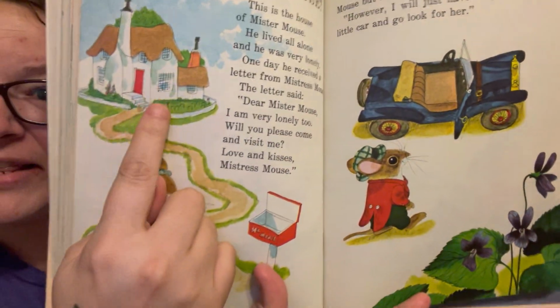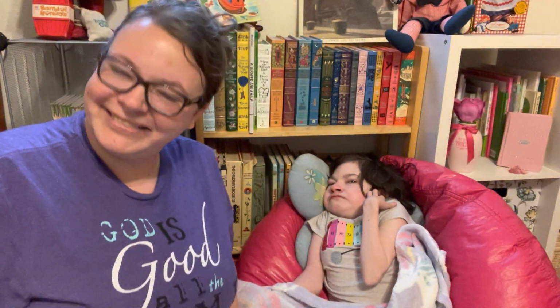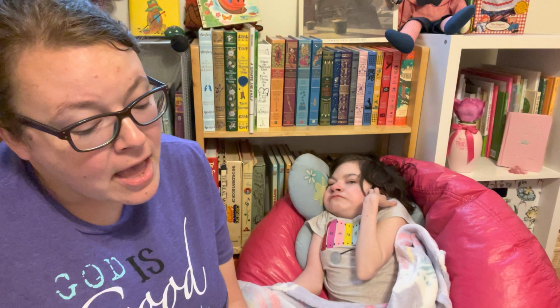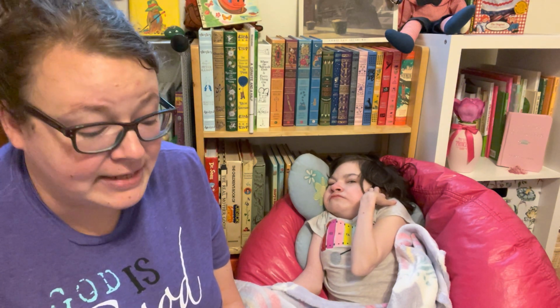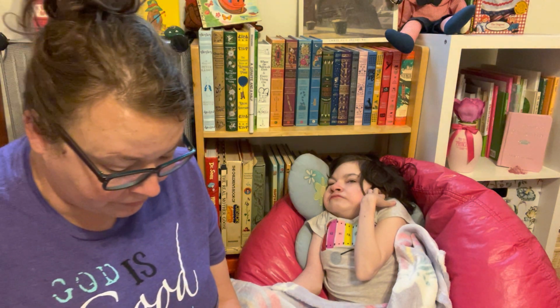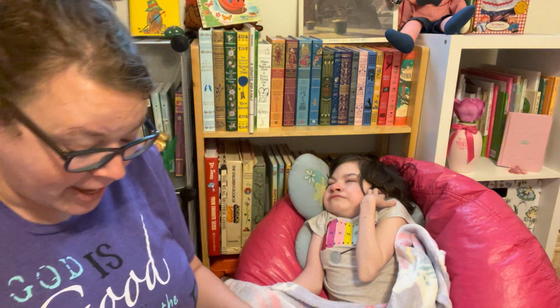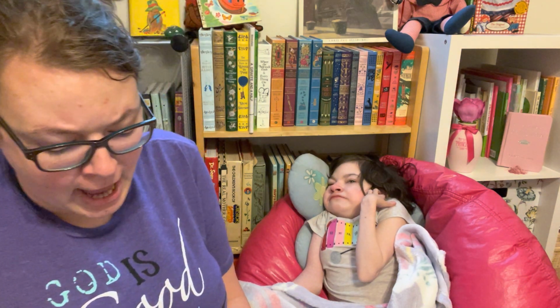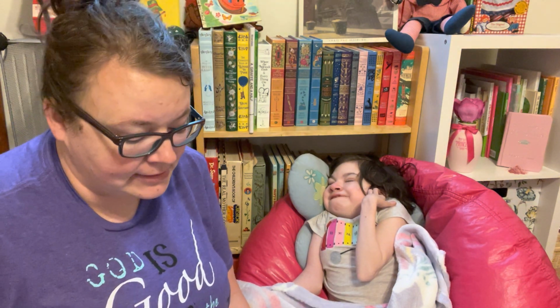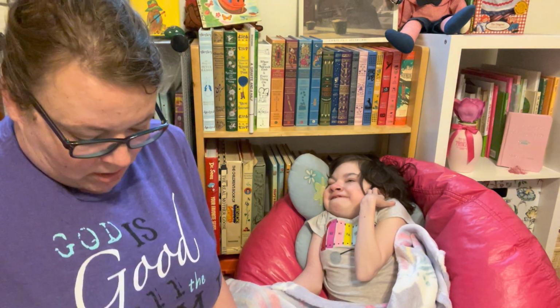There's the car, and that's the house of Mr. Mouse, and here's Mr. Mouse. There is the house just ahead, said Mr. Mouse. Perhaps that is where Mistress Mouse lives. He knocked on the door. Is this the house of Mistress Mouse? he asked. Mr. Mouse was very frightened, for that was the house of